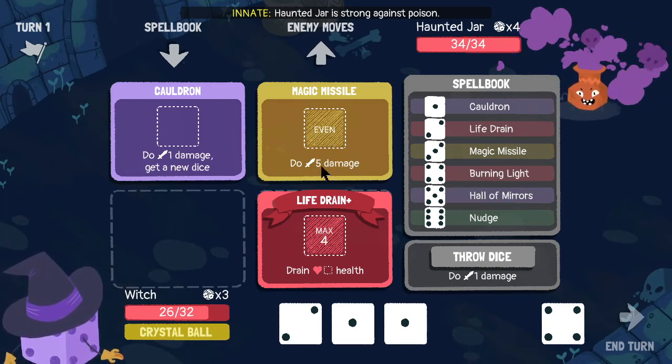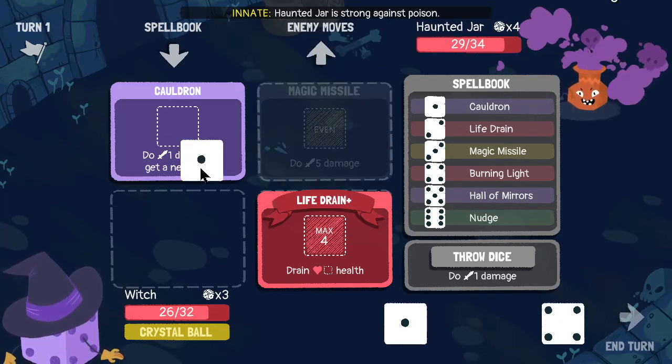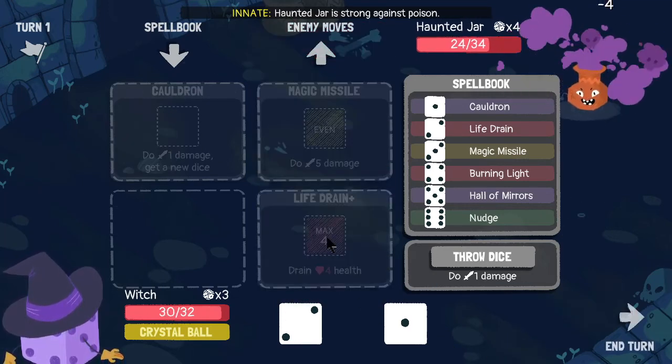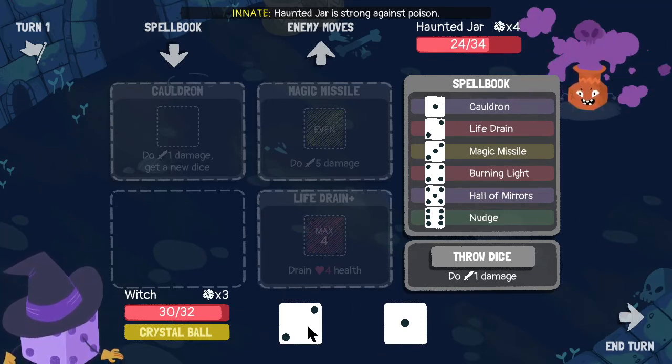We do need even dice. We have a... okay. We have a 2, so we can do that for Magic Missile. I'm going to go ahead and roll this 1 into another 2. Okay. Not ideal, unfortunately, but that's fine. We're going to go ahead and drain some health. That's pretty cool, actually. I kind of like this. And, okay, we're not going to take another...